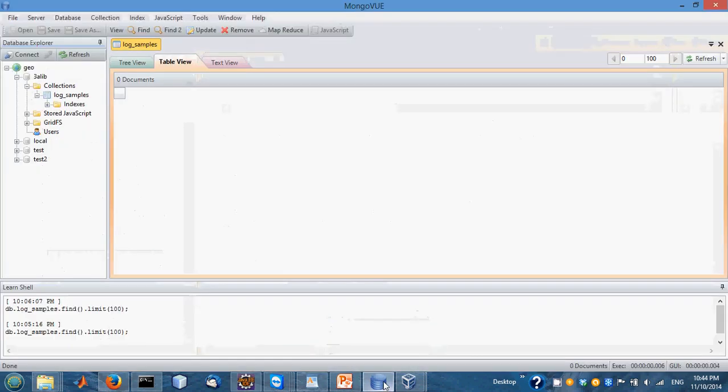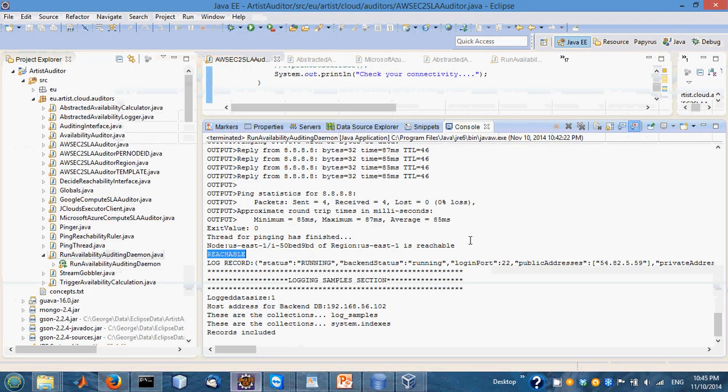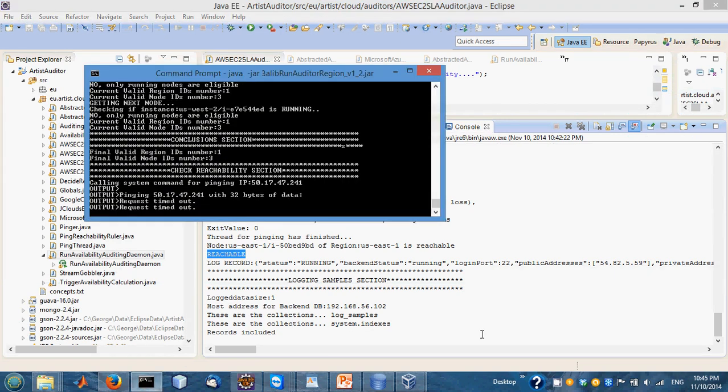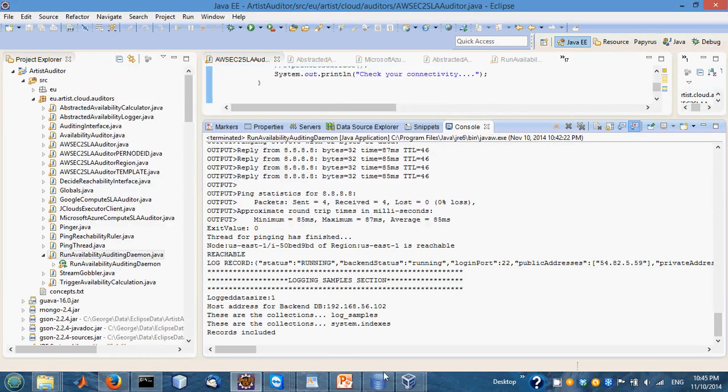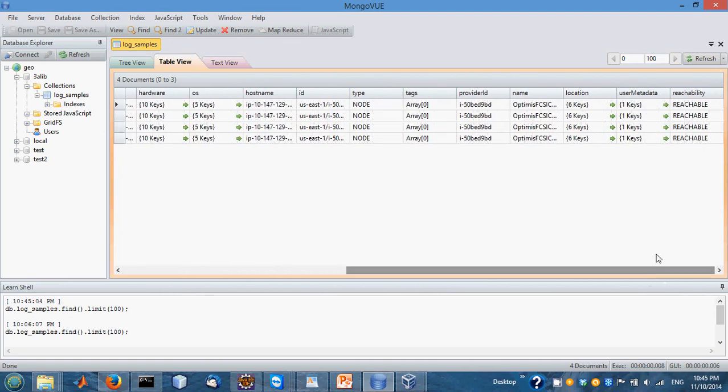Let's go to the backend database and refresh to see what we have documented. You see now these are the one sample that we have gotten from running from inside the Eclipse environment, and the other samples are from the daemon that is constantly running. So this specific log entry has various metadata that refer to the specific cloud nodes, and in the end they have the overall